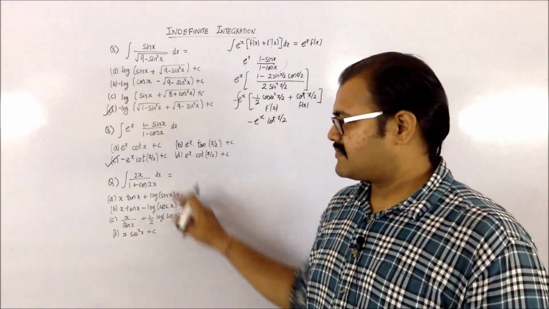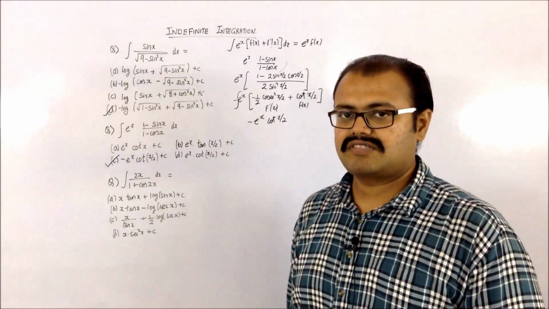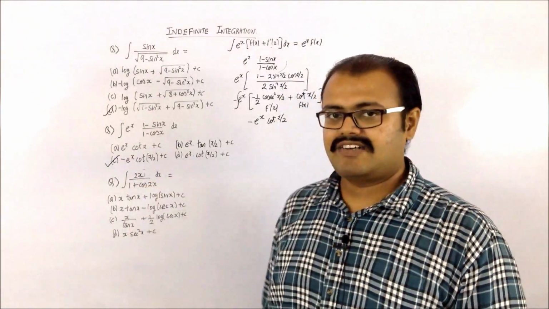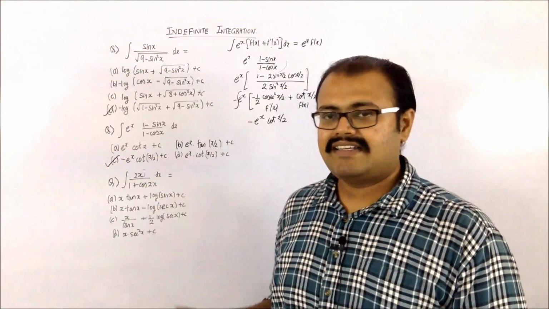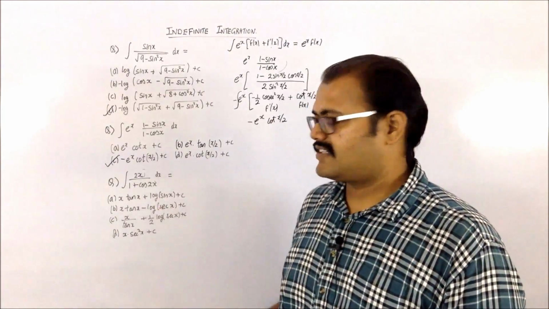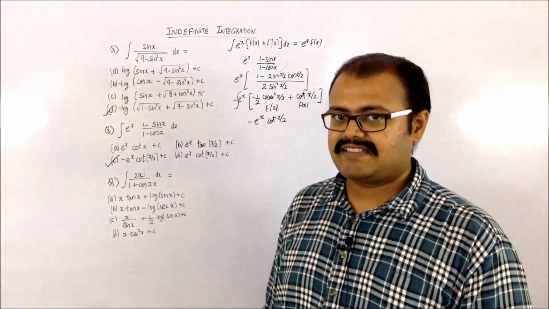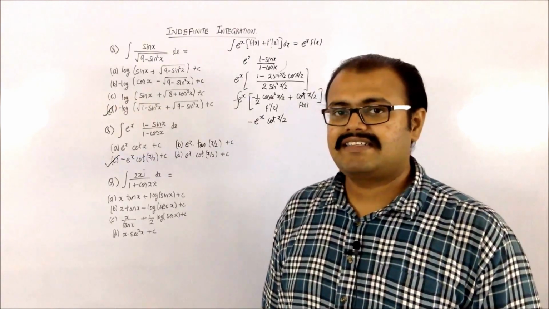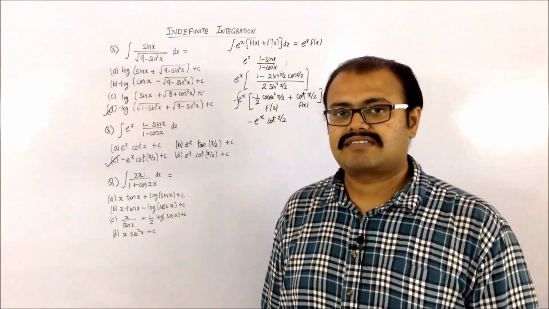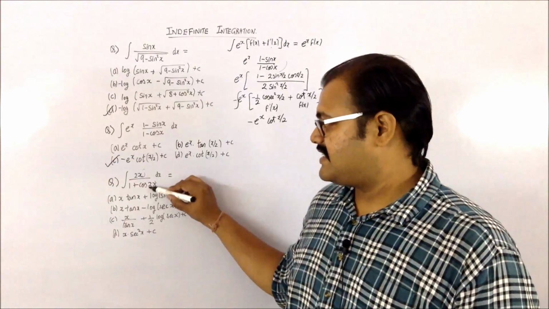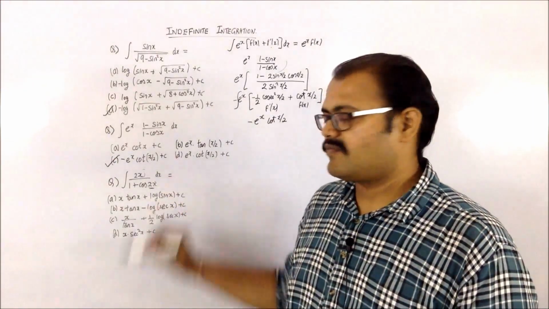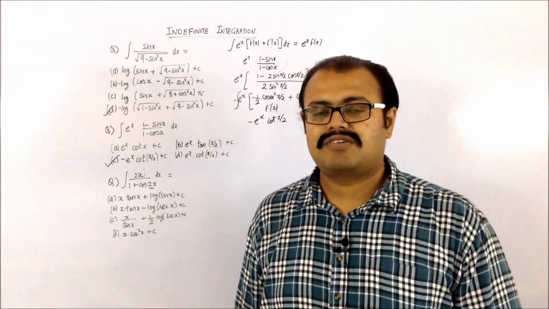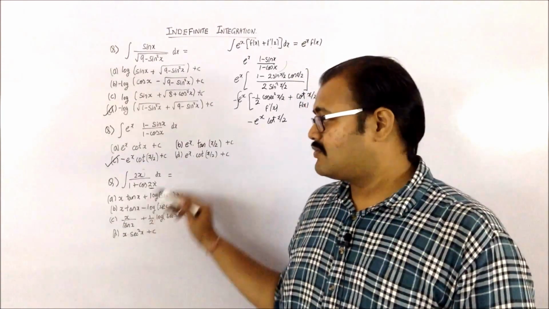Moving on to the last one, you are having 2x upon 1 plus cos 2x. Whenever you are having this sort of question wherein you have an algebraic term and a trigonometric term, and the derivative of the angle present in the trigonometric term is not present along with the dx, then most of the time it is of the type integration by parts. In this case you can see that 2x is the angle and its derivative is obviously not going to be a 2x dx. So this becomes integration by parts,